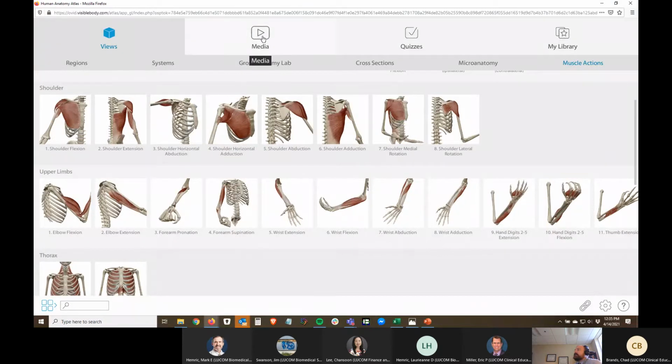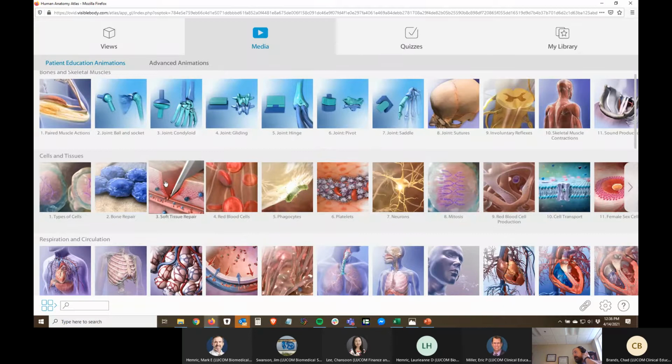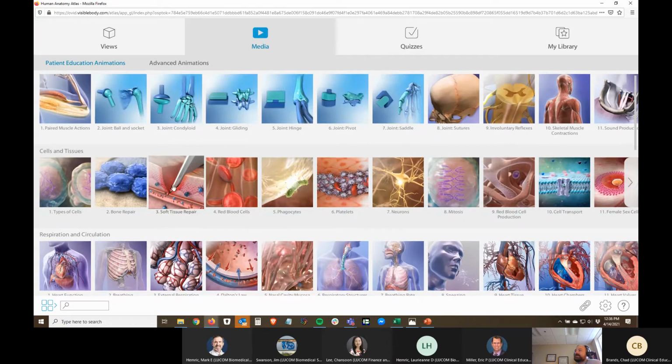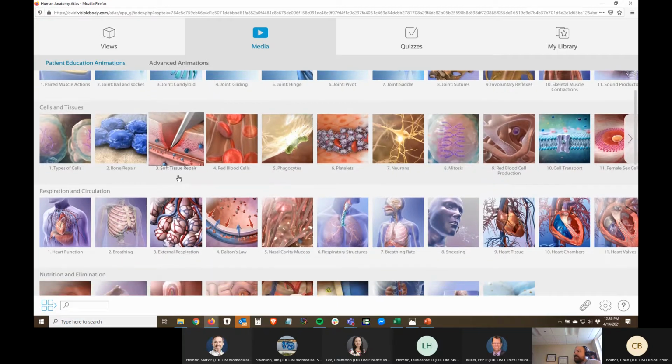Under this media, there's a little play button. There are patient education animations and then advanced animations. I haven't normally thought of Visible Body as something used in interaction with a patient, but for our clinical faculty, if they are interacting with patients and want to explain to a patient